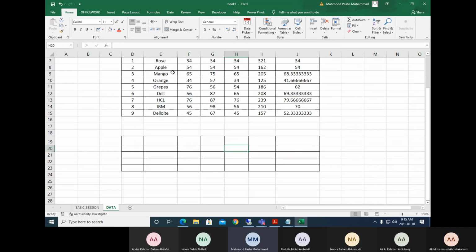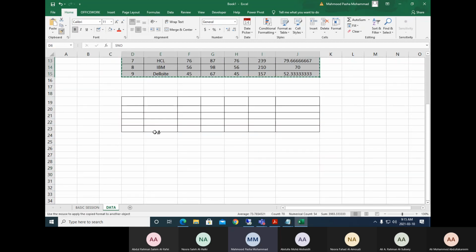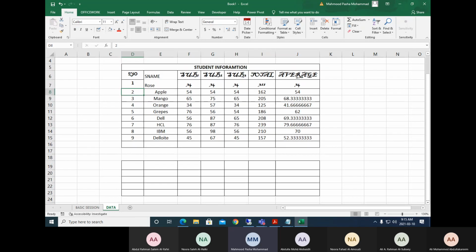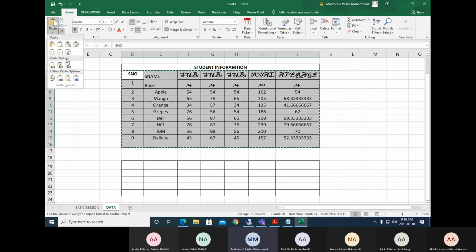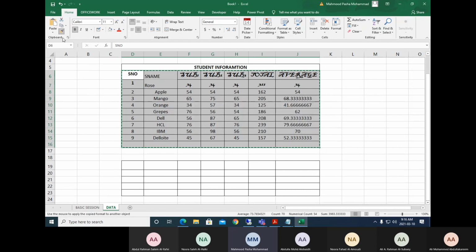So let's select the data, copy, okay. I say here transpose, copy paste, because the copy area doesn't have the same size.